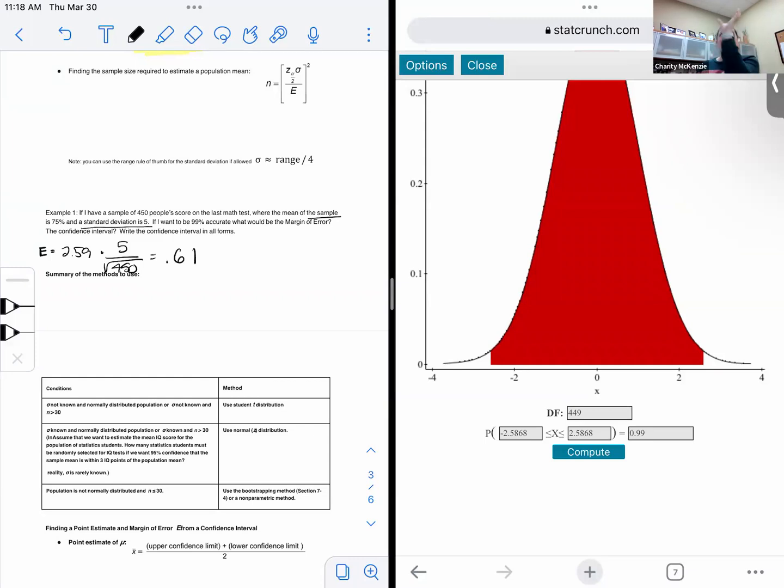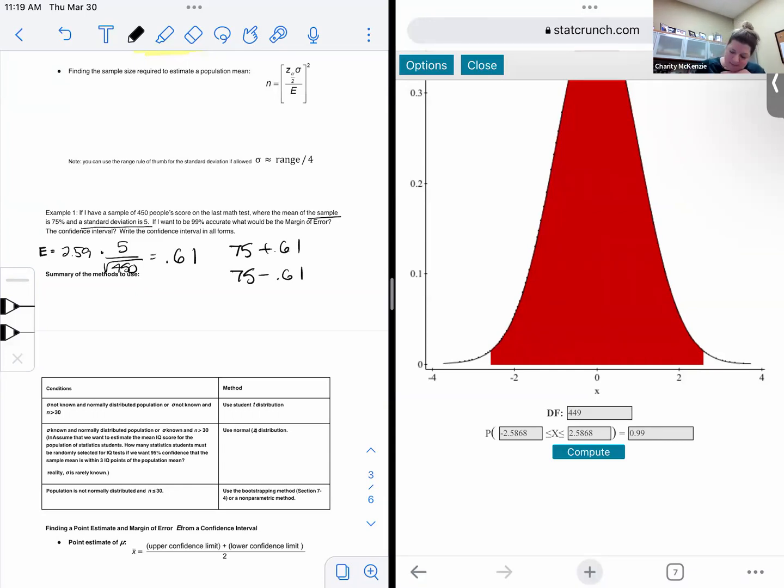So then we take our middle value that we found from our sample, which was 75 was our mean, and we add the 0.61 and we subtract the 0.61. That gives us our two values on our confidence interval because we've now added and subtracted our error to say we're confident 99% of the people who take this math test will be between